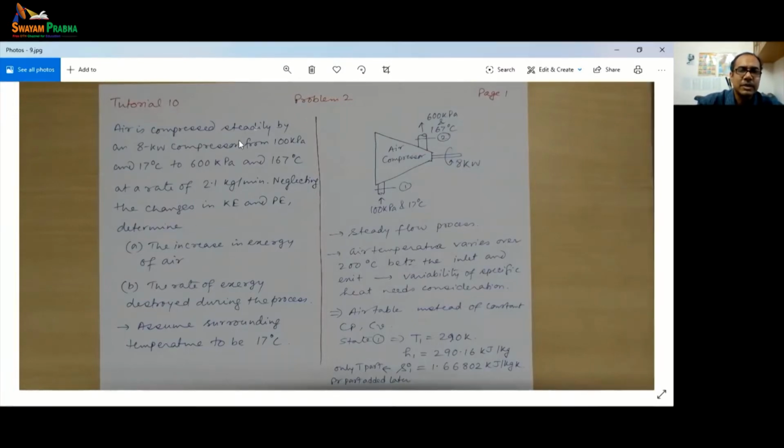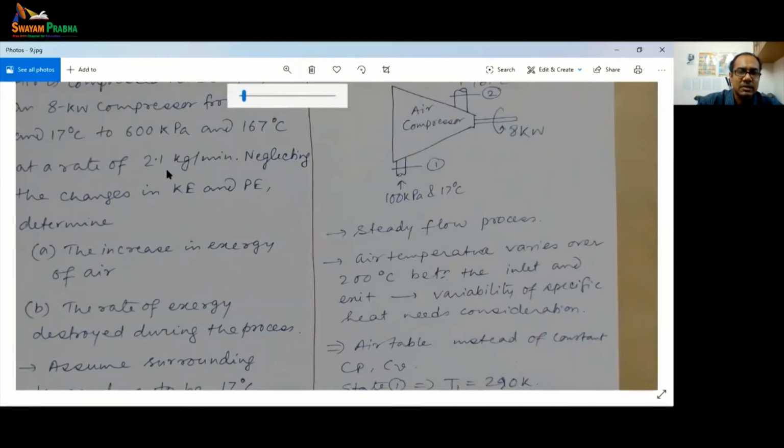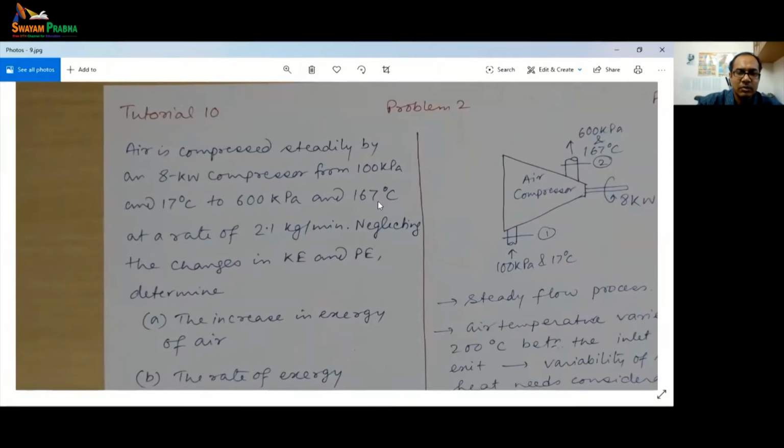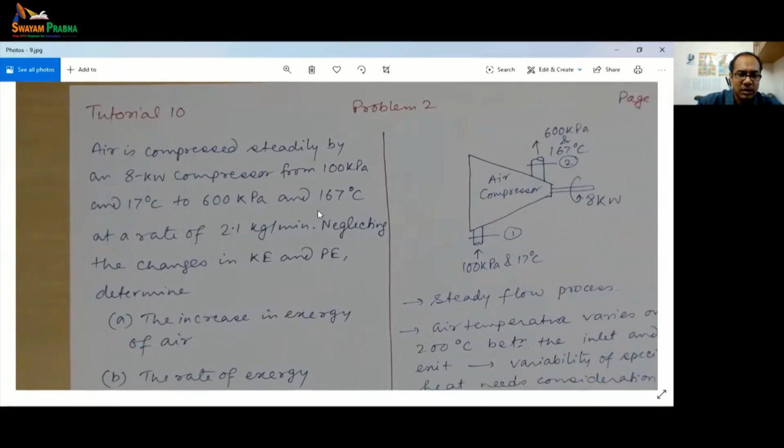Air is compressed and it is treated as an ideal gas, so you don't have to look up the table all the time. Air is compressed steadily by an 8 kilowatt compressor. So this is the air compressor, and air is getting compressed through a work input of 8 kilowatt, and the initial state is 100 kilopascal